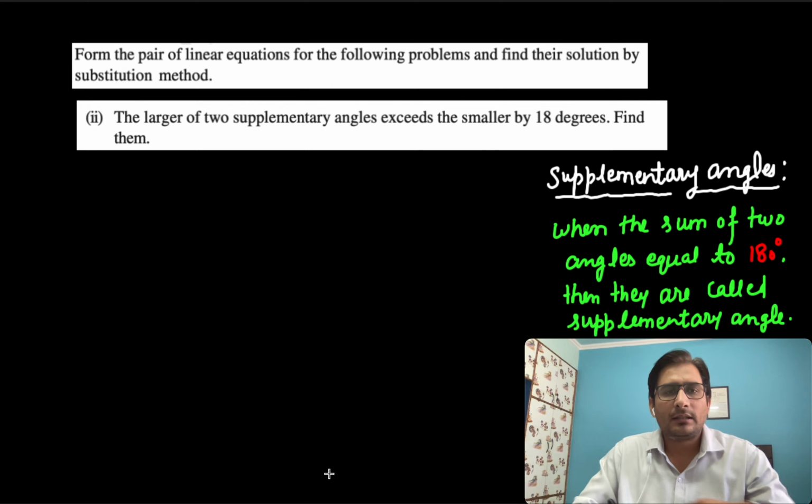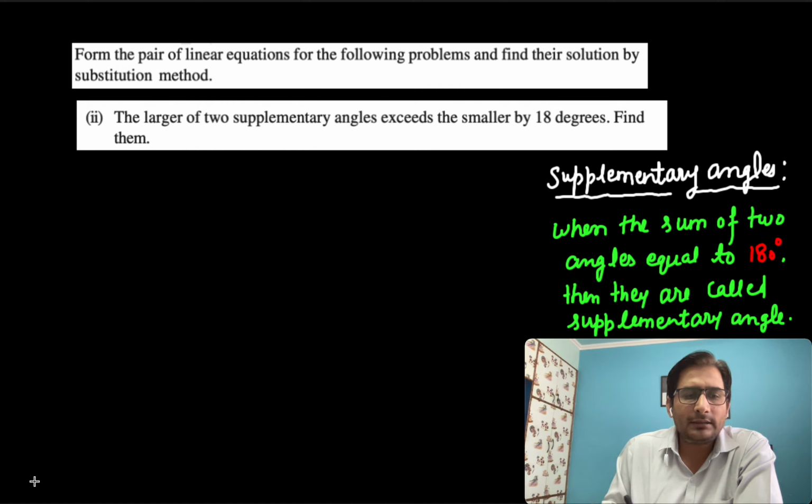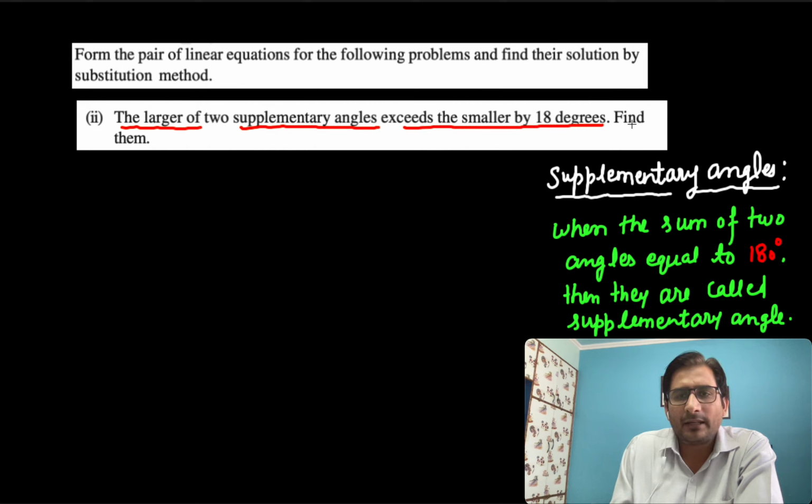In this question, we have to form a pair of linear equations and then solve it. The question is: the larger of two supplementary angles exceeds the smaller by 18 degrees, find them. So first of all, we need to let